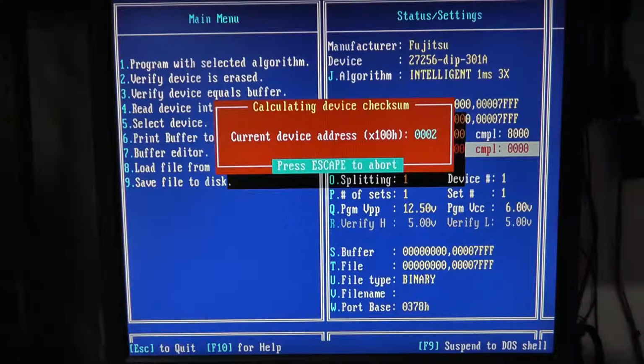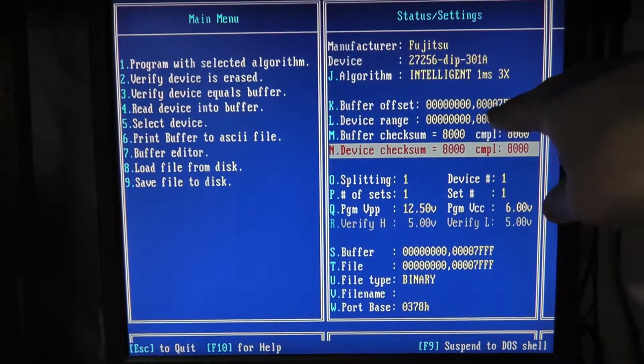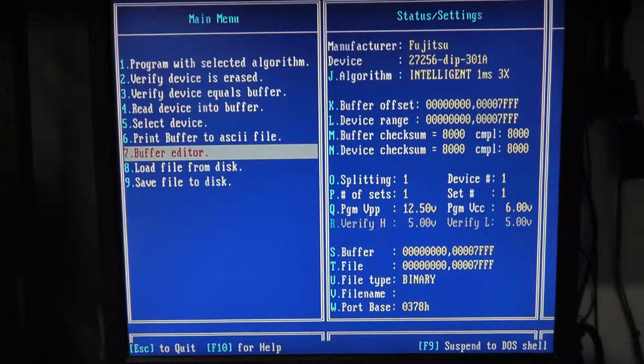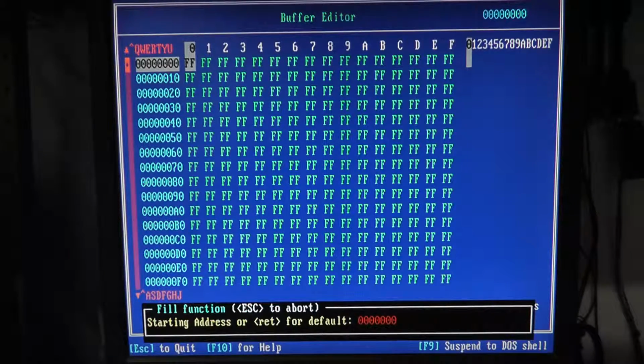800. I guess it doesn't do a checksum automatically. That's kind of strange, right? I mean, you would think that it could do the checksum automatically. I have to actually go over there and hit enter so it runs a checksum on it. We read the device into the buffer and then we have to go back and manually run a checksum on the buffer. That's alright. So let's go to our buffer editor and we are going to fill, so Alt F and there,